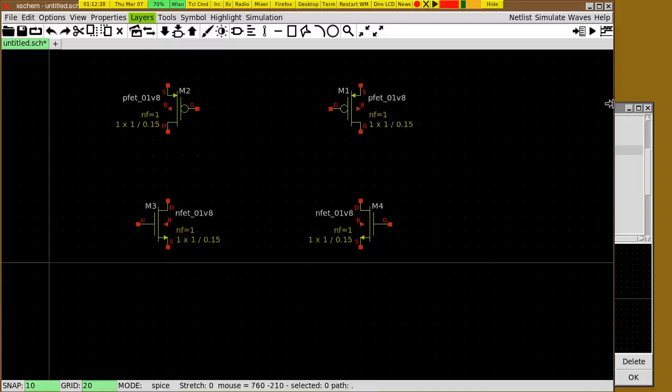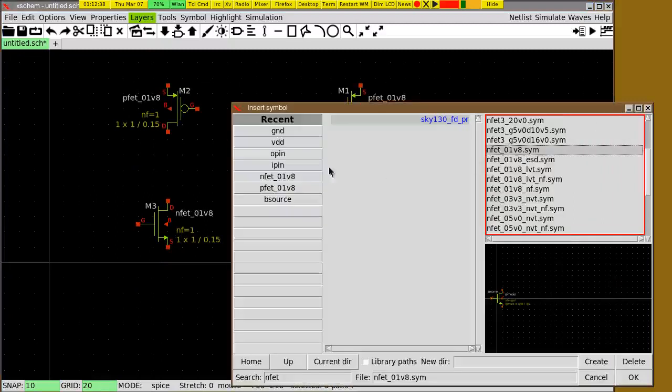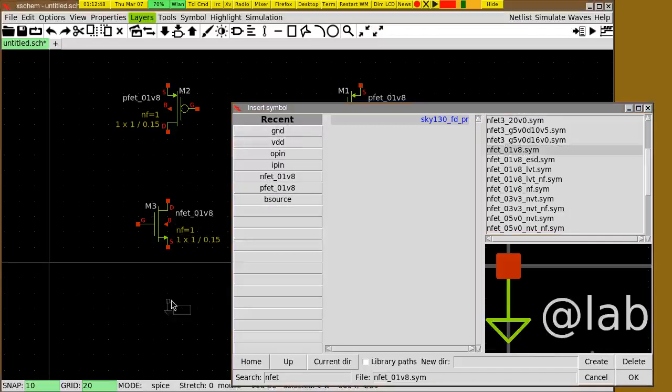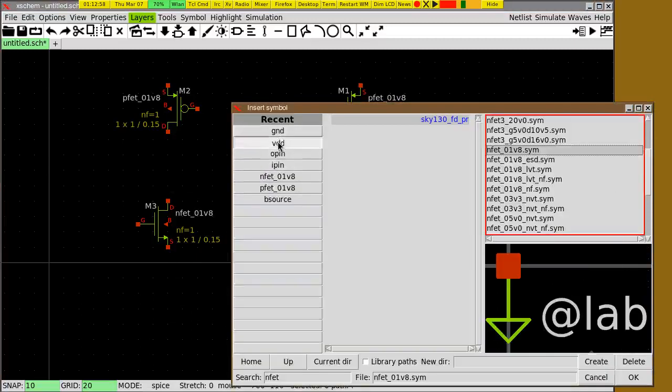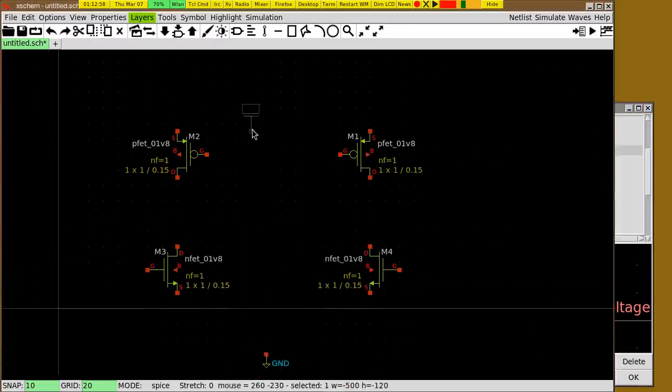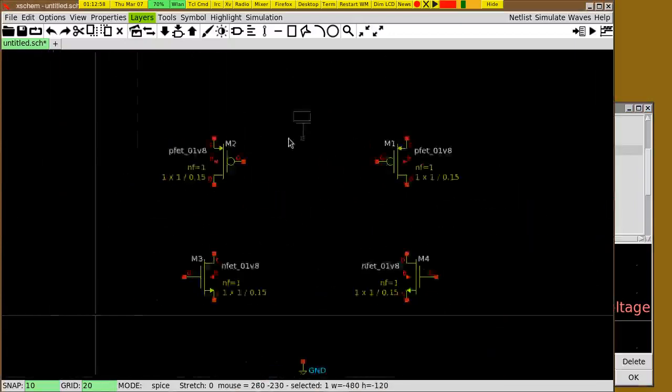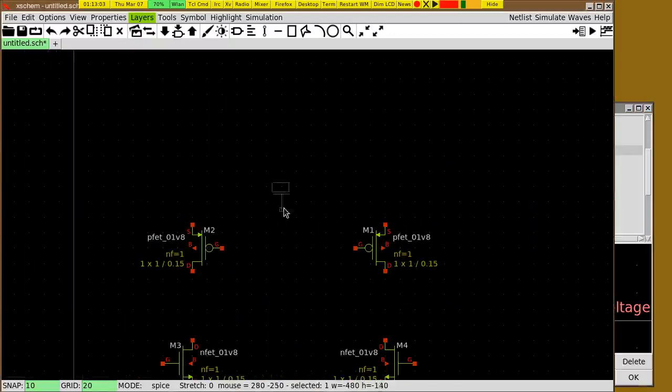Then I need a ground terminal. The most recently used components are also available here. So if I need a ground and I already have placed a ground symbol before, I can simply pick it up from here. I need the VDD symbol, so I can add this. With the middle mouse, I can move the schematic. Okay, I place the